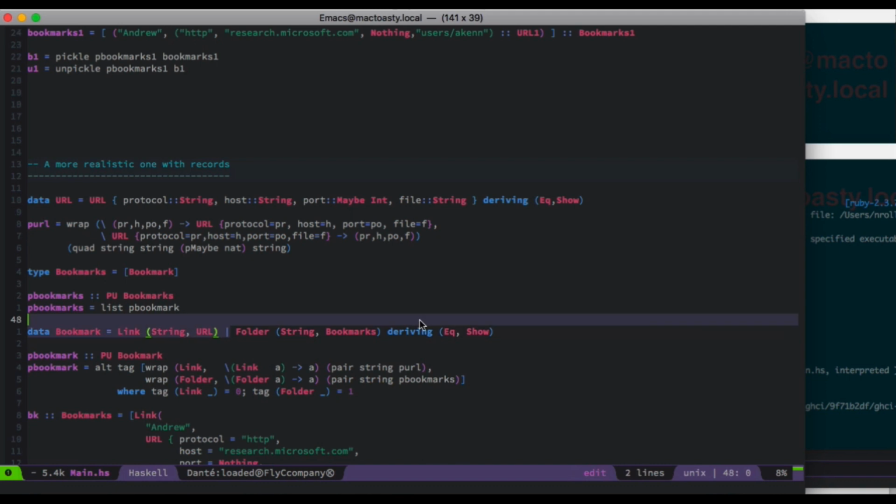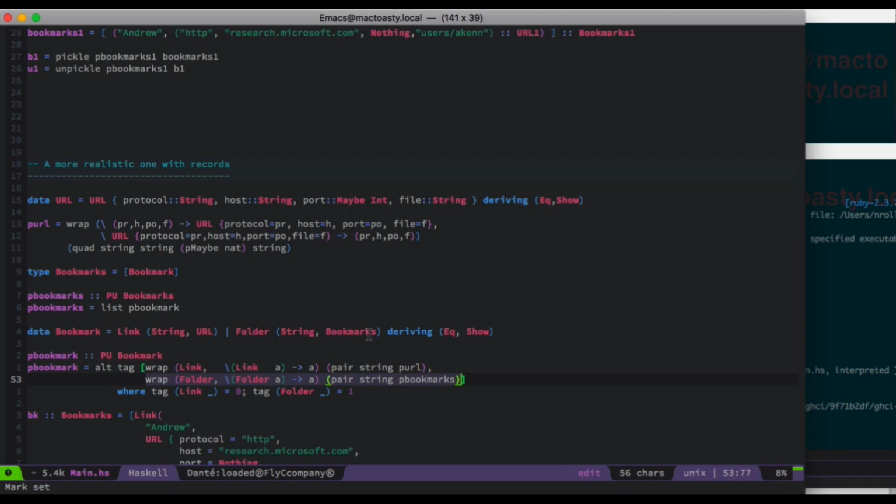Now, if we have bookmark, for instance, here which is an either type, we have another combinator, alt, which takes as a first argument a tag function that goes from our specific user-defined type, bookmark, into integer. And that integer will say which of the combinator among the list of combinators which is provided to choose. So if we have a link, it will have the tag 0, and we will pick the first combinator. If we have some value of type folder, we will look at the combinator at index 1, which is the